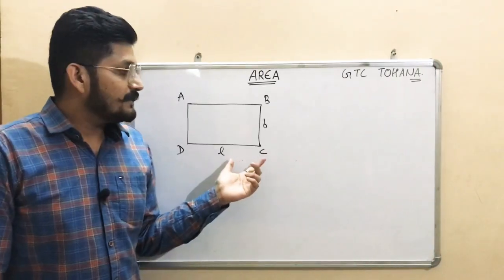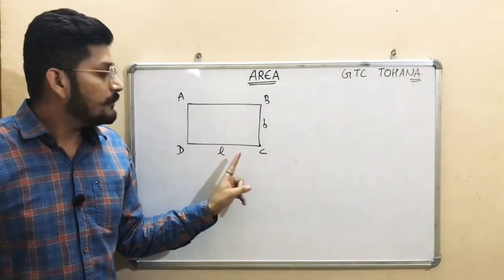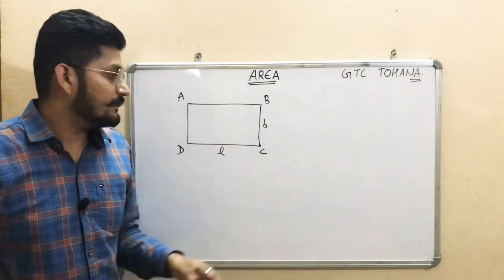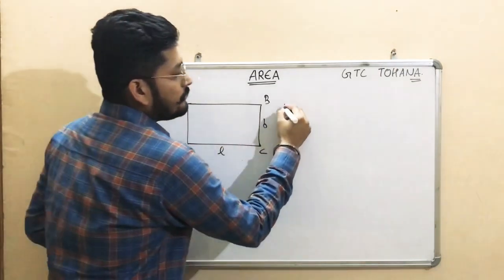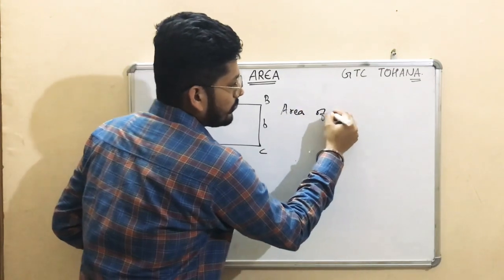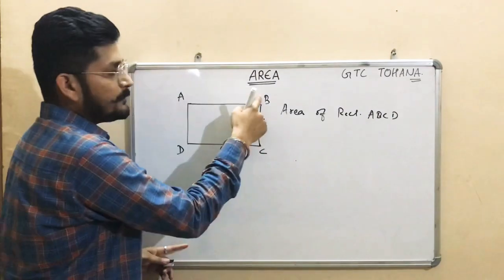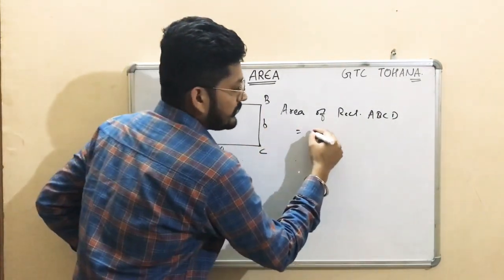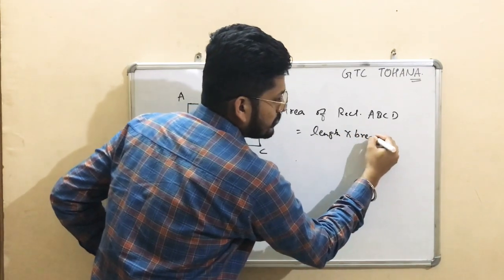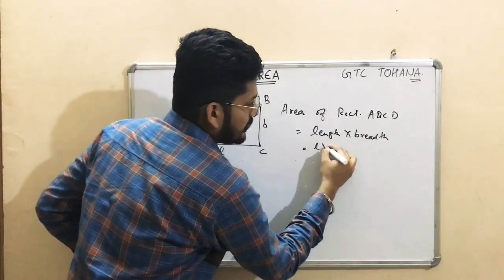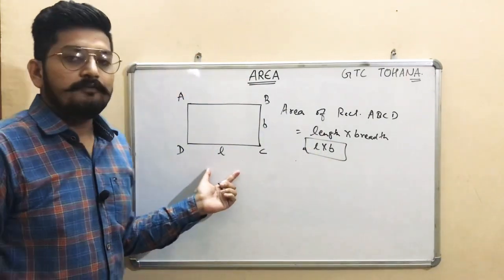Right? Now we have, this is what? This is rectangle. We need to find the area of this rectangle. This part, we have to find the value of this part. Then area of rectangle is ABCD. This is ABCD. Now area of rectangle is L length and B breadth. Area of rectangle is L multiply B. This is the basic formula of area of rectangle.